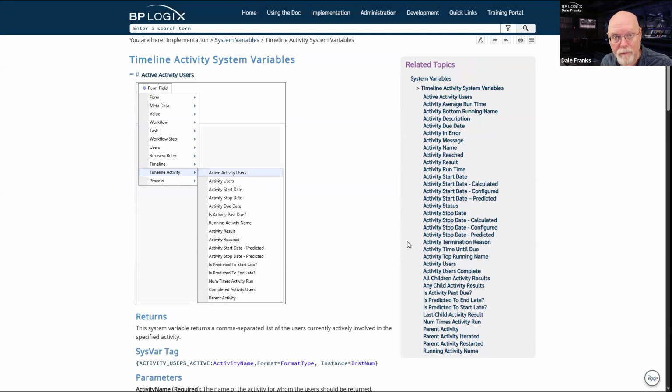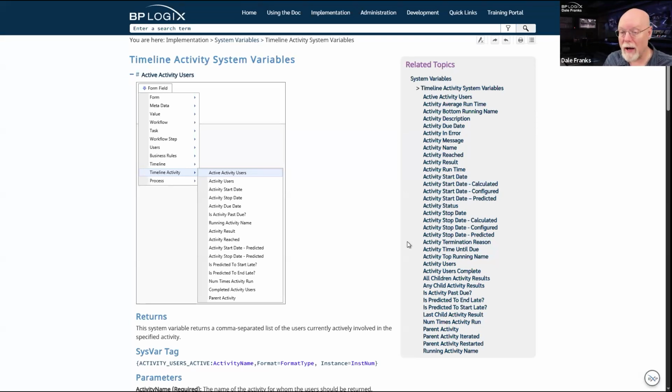However, not all users are active at any given time. For example, if I assign a task in sequence rather than in parallel, I might have 5 users assigned to that task, but they're all assigned in sequence. So what that means is that at any given time, only one of those users would be active activity users, because the other 4 users have either completed the activity or they are currently not required in that activity.